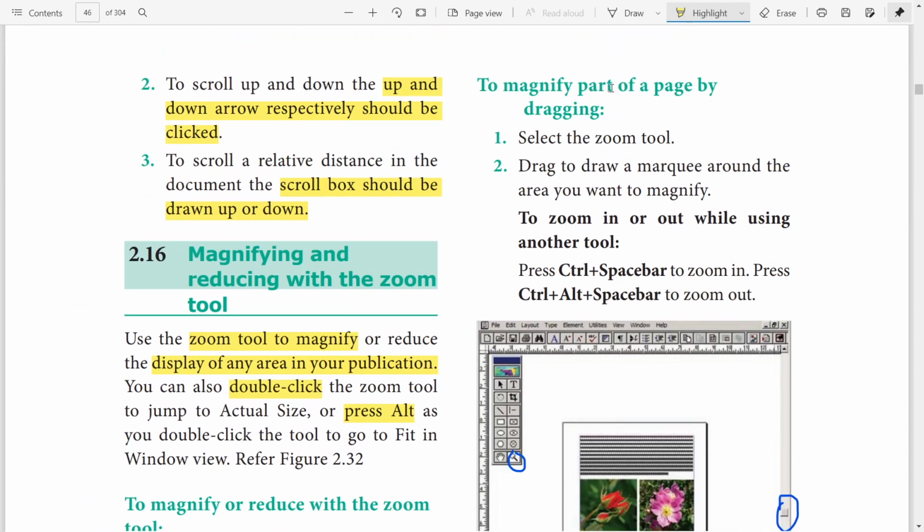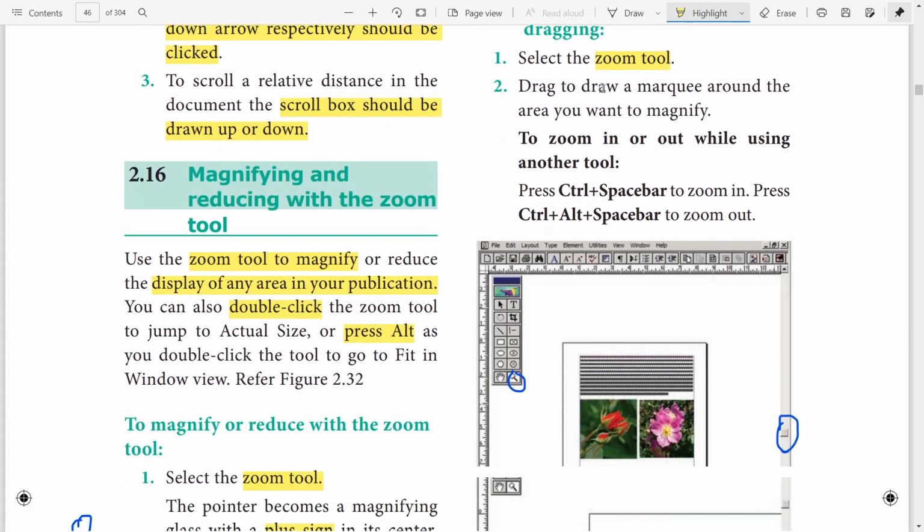To magnify part of an image by dragging, again you have to select the zoom tool. Drag a marquee around the area you want to magnify. To zoom in or out while using another tool, press Control plus spacebar to zoom in and Alt Control spacebar to zoom out.